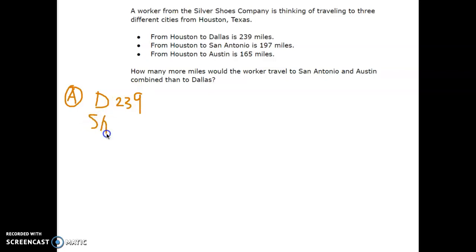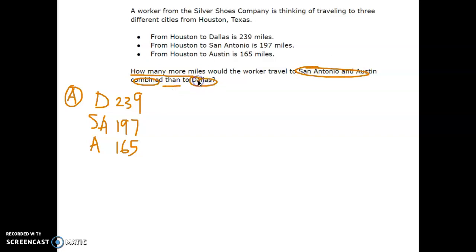To San Antonio is 197 miles. And to Austin is 165 miles. Then we will look at the question one more time. How many more miles would the worker travel to San Antonio and Austin combined